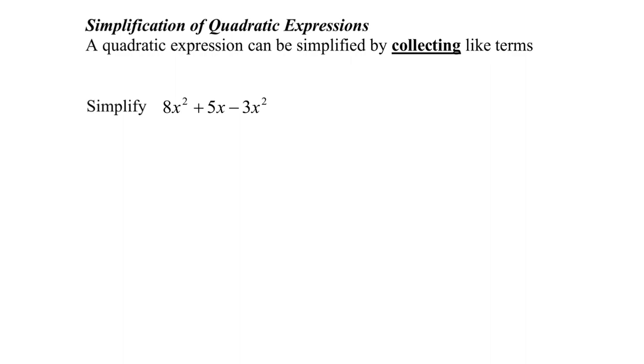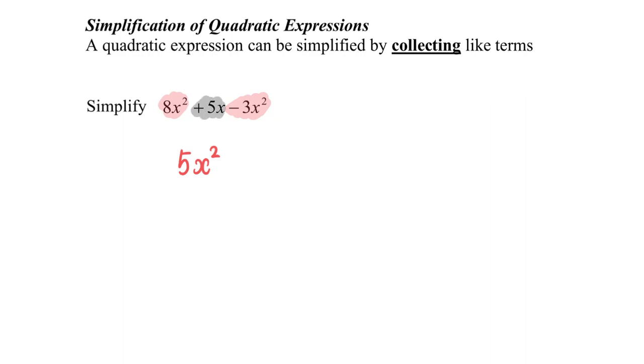So it can be simplified by collecting like terms. In this case here, I saw that there is a 8x squared and a negative 3x squared. This will actually give me 8 minus 3. Very good. Positive 5x squared